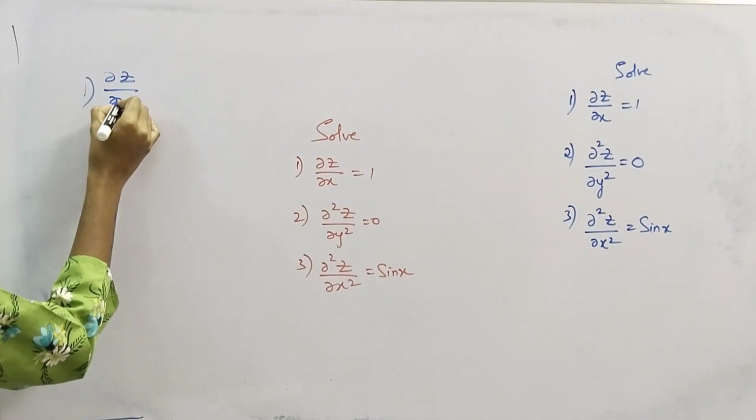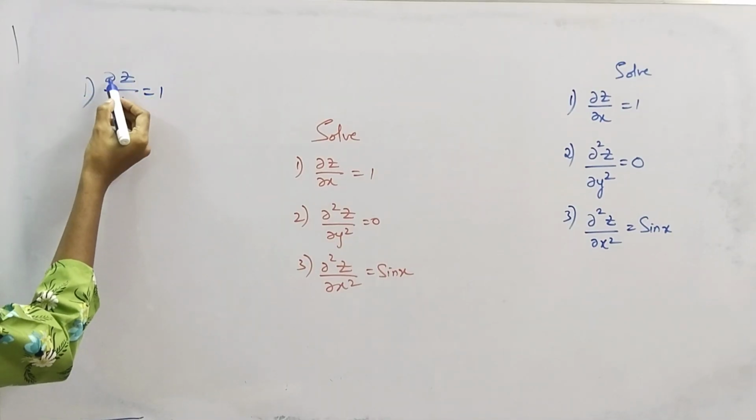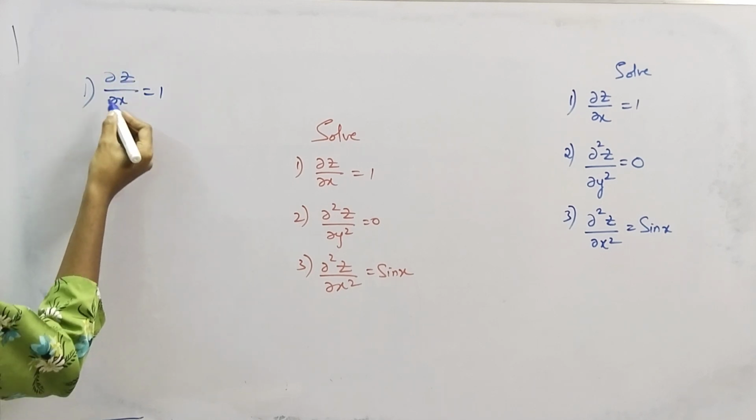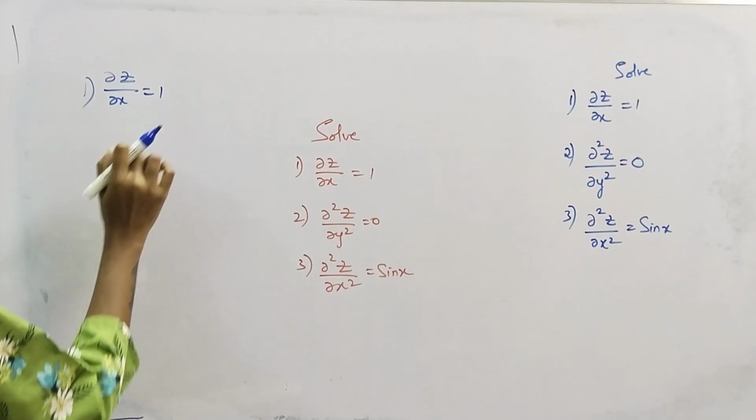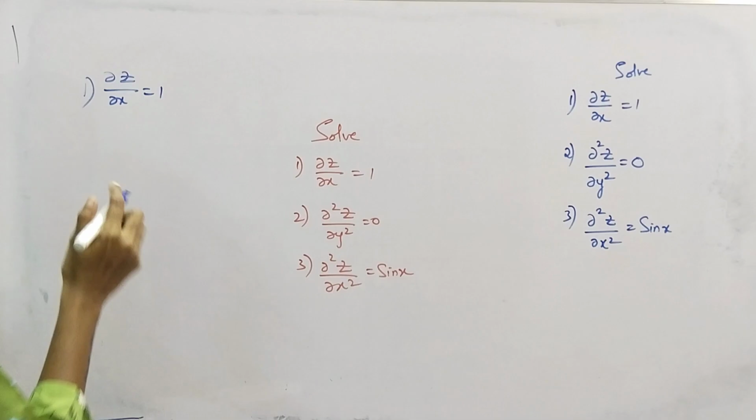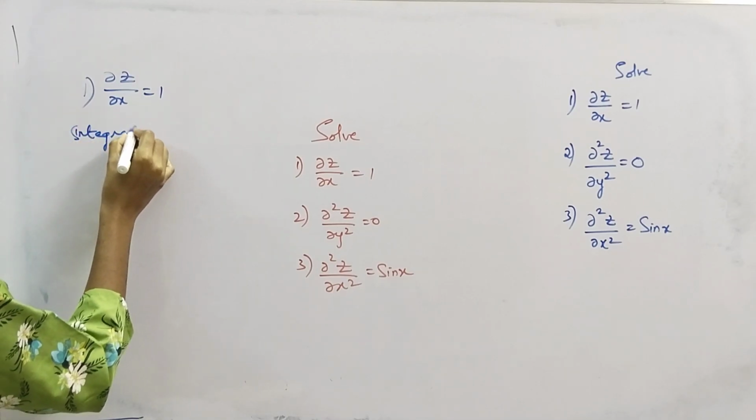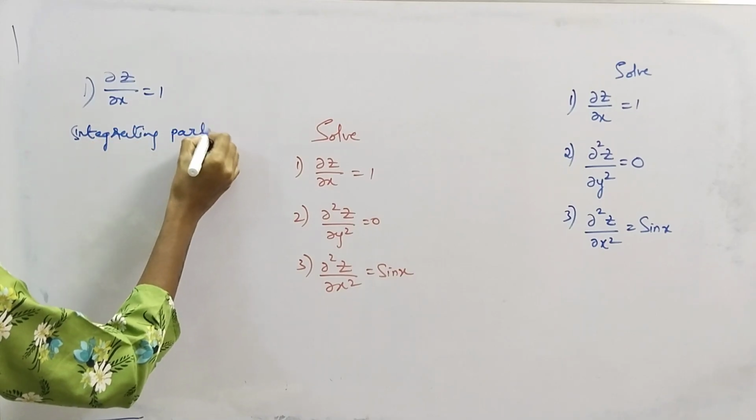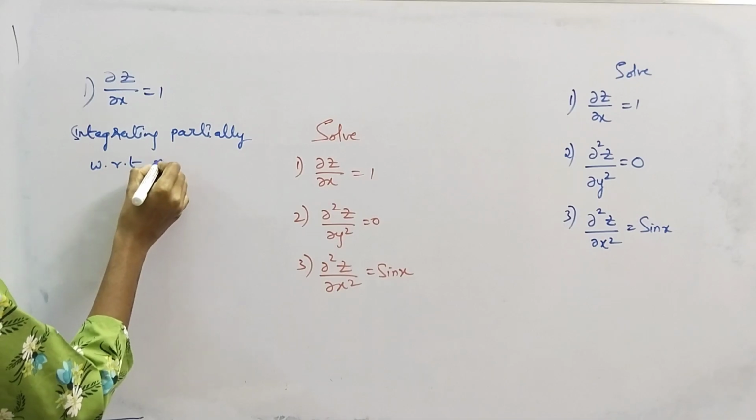First problem, solve dou z by dou x equal to 1. Now here we are having dou z by dou x. Let's partially integrate it with respect to x. If we partially integrate it with respect to x, we'll treat y as constant. Integrating partially with respect to x,